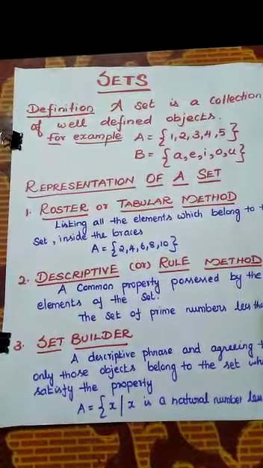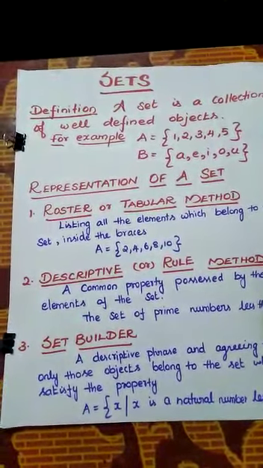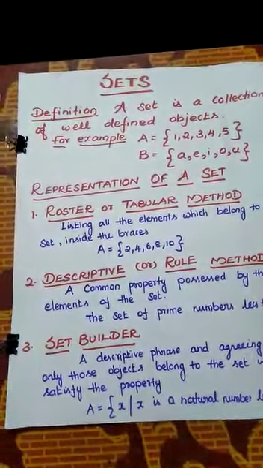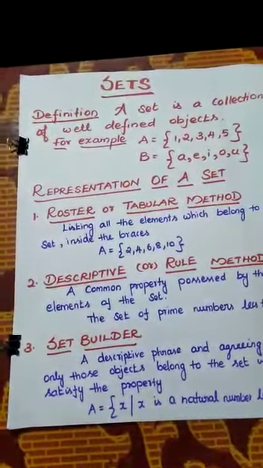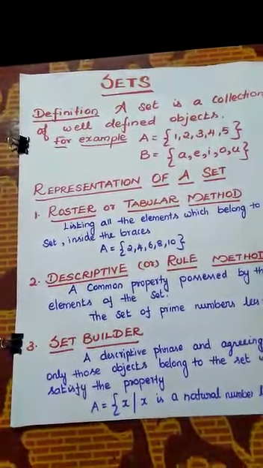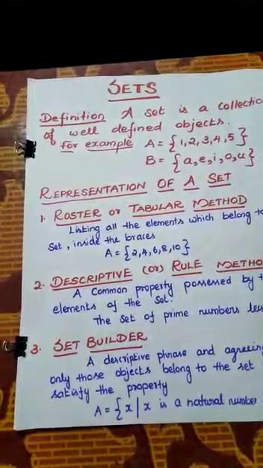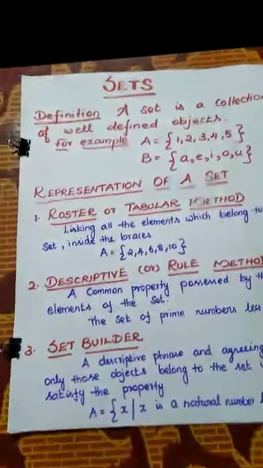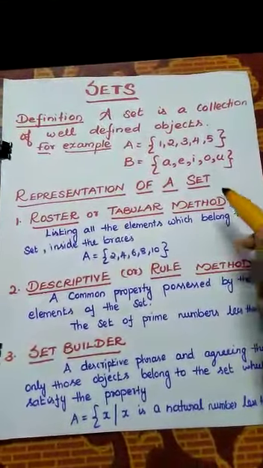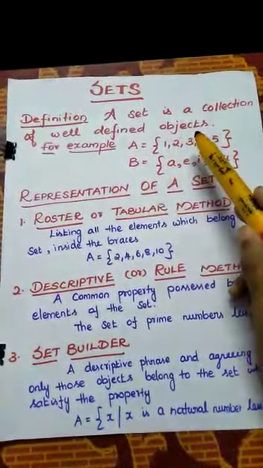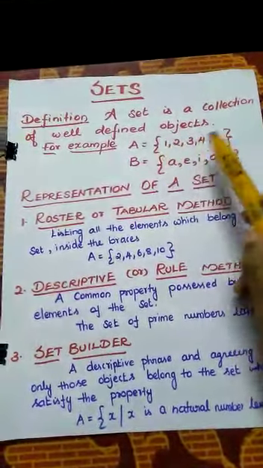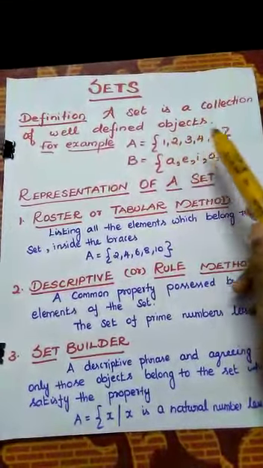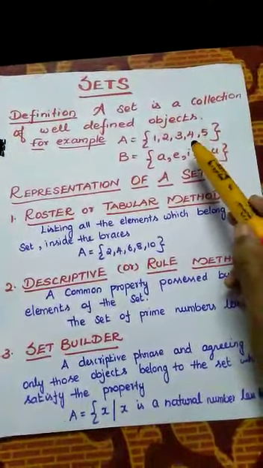In everyday life, we often speak of a collection of objects of a particular kind, such as a pack of cards, a crowd of people, a cricket team. In mathematics also we come across collections of natural numbers, prime numbers, etc. Actually, what is a set? A set is a collection of well-defined objects. Suppose we have to select any numbers, we need some connection between the numbers. That is a set actually.